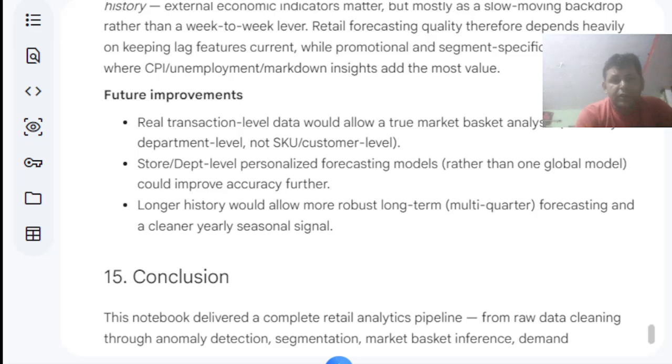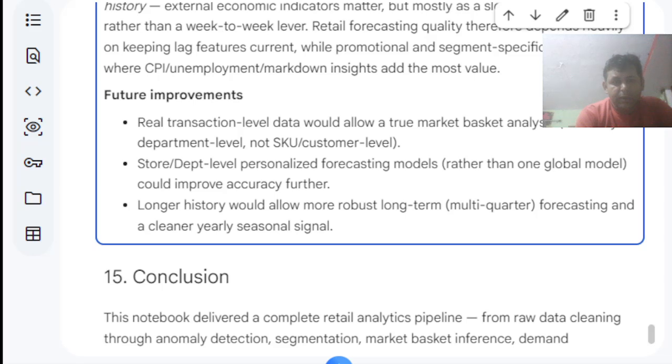Real transaction level data would allow a true market basket analysis. Currently it is departmental level, not SKU or customer level. Store department level personalization and longer history would allow more robust long term forecasting. And conclusion for that: